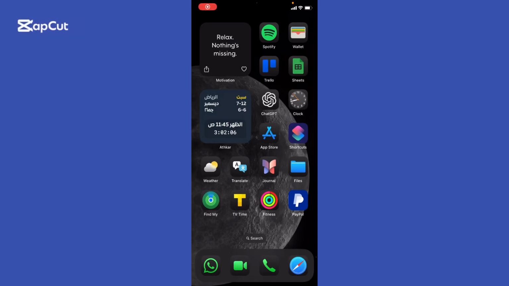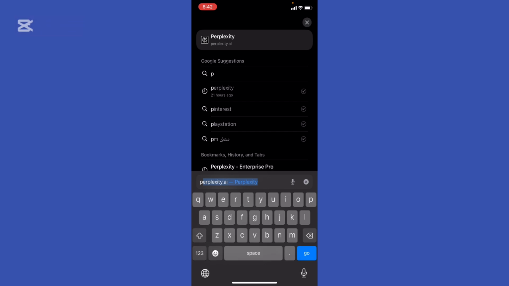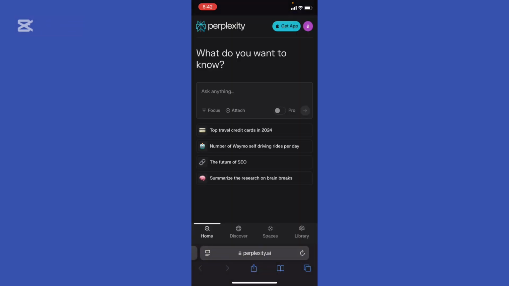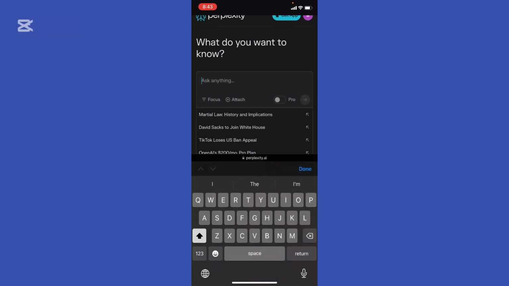How to compare search results with Perplexity AI. So first of all, access Perplexity AI. Visit the website. Okay. Now what you're gonna do? Enter your query. Right. Let's say comparing results about